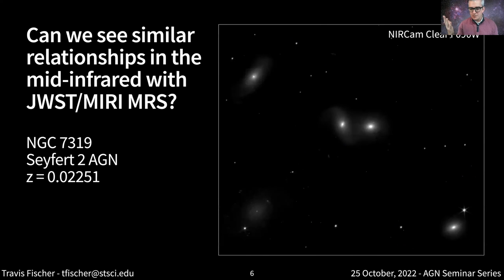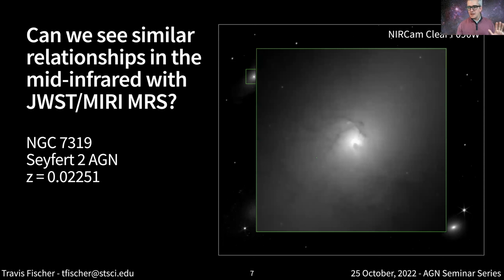So this, David already showed, is Stephan's Quintet, as I like to call it. And you can see that our target, NGC 7319, is in the upper left-hand corner. This is a NIRCam image in the F090W wide band. If we zoom in on that region, you can see these magnificent dust lane structures surrounding the AGN. There's a forking arc to the top, to the north, and then there's a very dense knot right next to the nucleus, to the south of it. These structures play a key role in the morphologies and the kinematics that we observe.